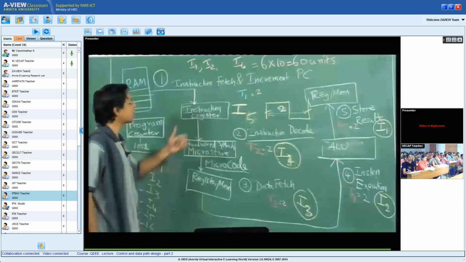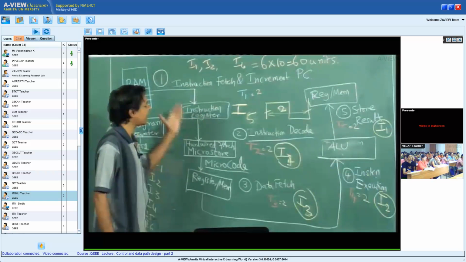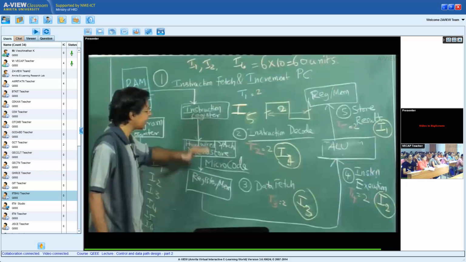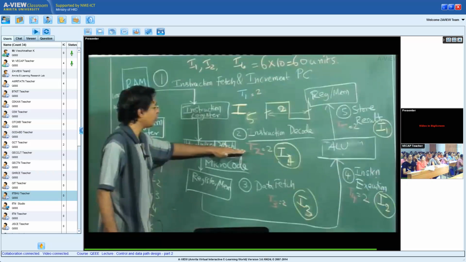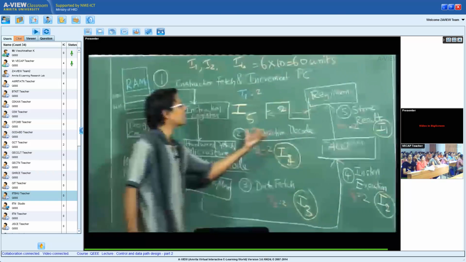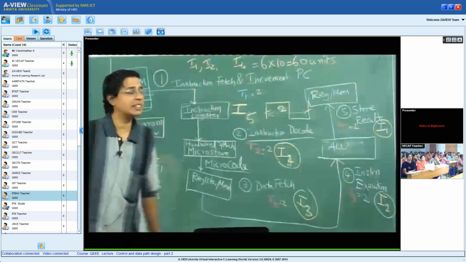So in the first clock cycle, your I1 is here. In the second clock cycle, I1 moves here, I2 comes here. In the third clock cycle, I1 goes to this data phase stage, I2 comes here, and I3 comes here, and so on. So in each clock cycle, the instruction progresses to the next stage of its execution.